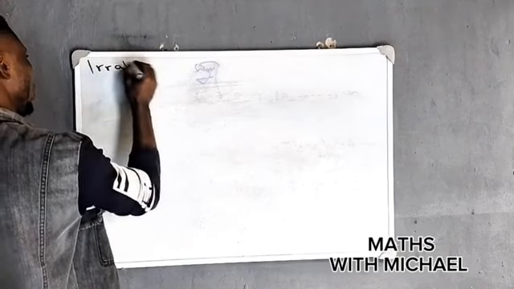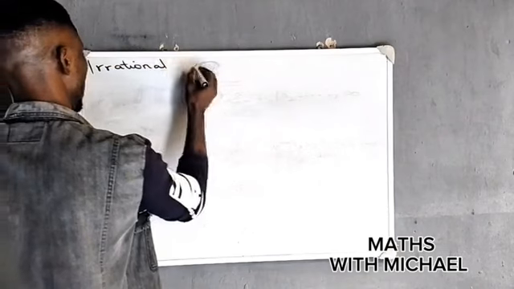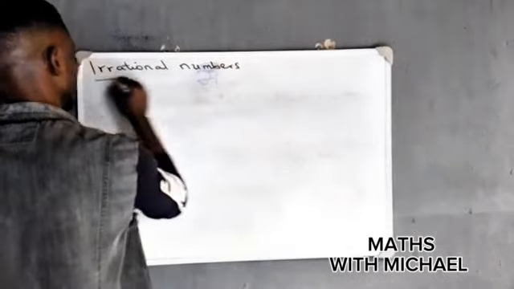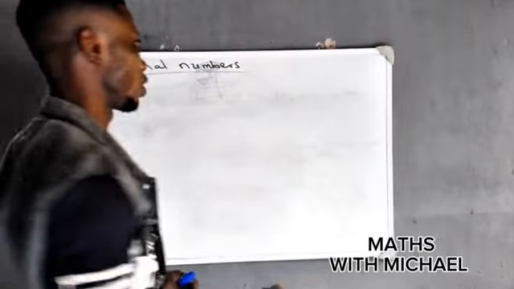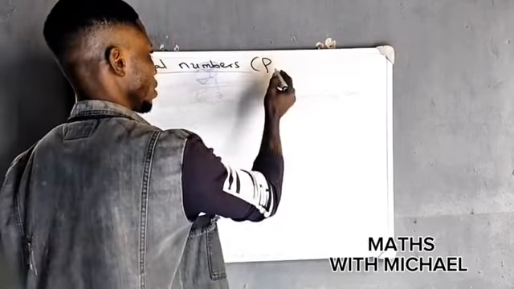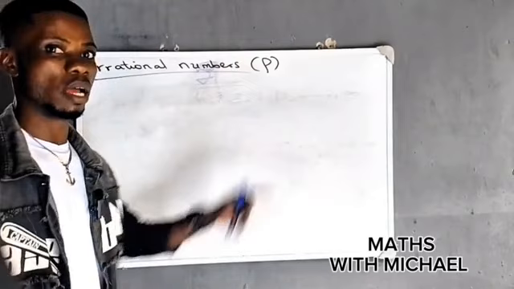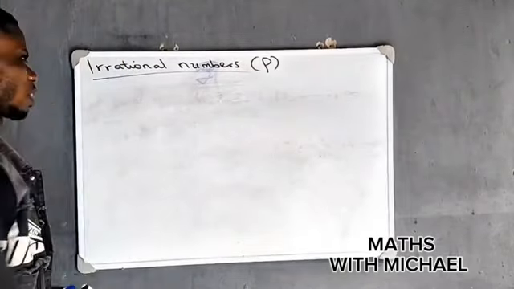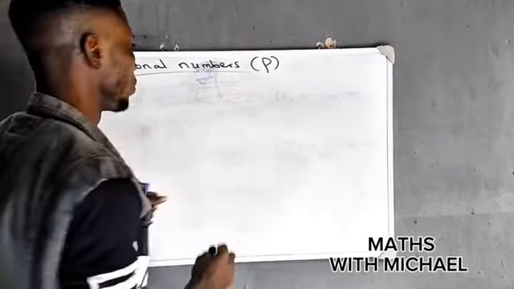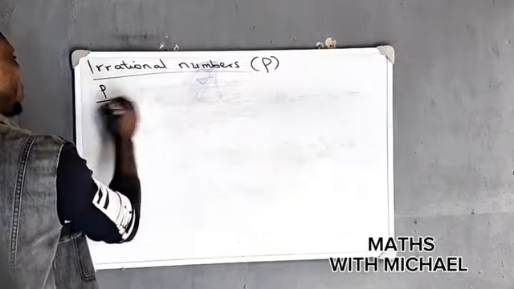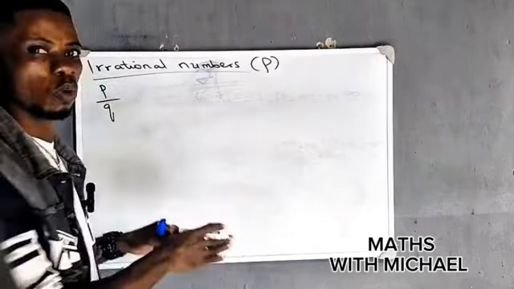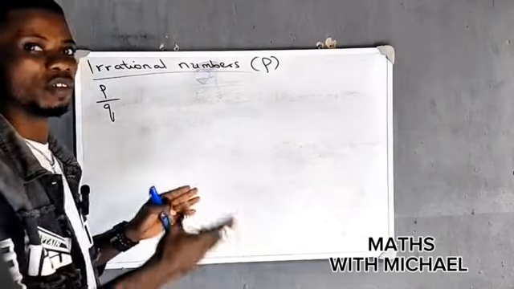That is the opposite of what we talked about in our last video, which is rational numbers. Irrational numbers are usually represented with the letter P. Now, what are irrational numbers? Like we defined rational numbers to be numbers that can be written in the form P over Q, as a fraction, whereby we gave some qualities that those fractions should have for you to call them